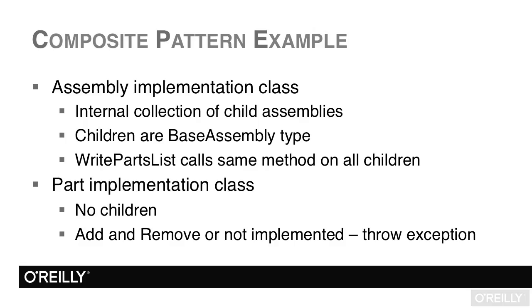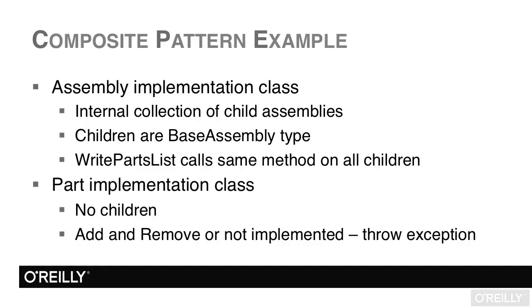So we'll have two different classes that will implement our abstract interface. The first will be an assembly implementation class, and that's effectively a parent. So it can have an internal collection of child assemblies. And the children are also base assembly types, which means that they can also be either a parent or a simple child object. The write parts list method, in addition to writing the information for this particular assembly, will also call the same method on all of the children of the assembly to get them to write their information to